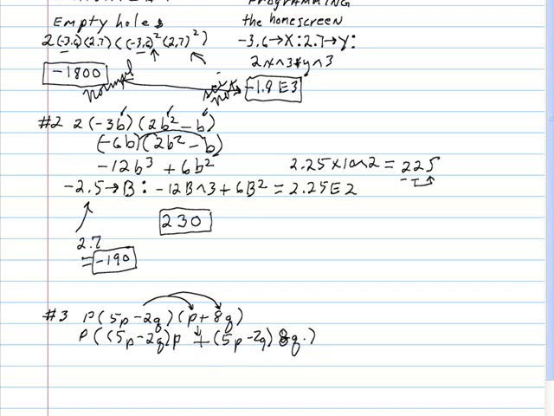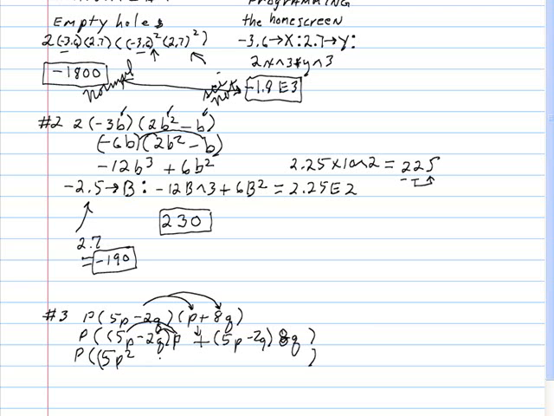So now I've still got two terms inside the major bracket, now separated by this plus sign, and notice that this p is now multiplying a bracket, and in the bracket are two terms. So I can now distribute this p back this way to the two terms in its bracket. I'm not going to do anything with the outer p, I'm just going to leave that alone. p times 5p is